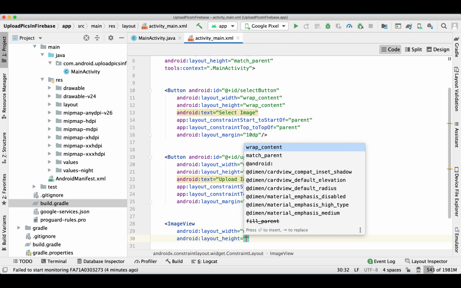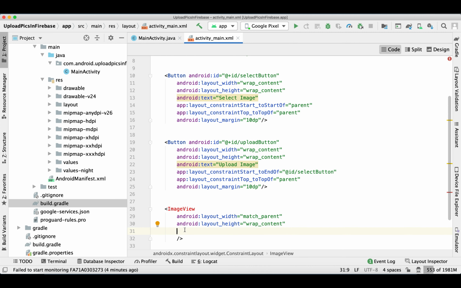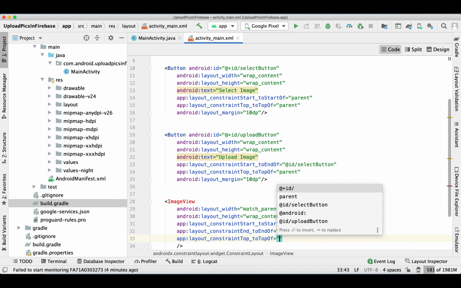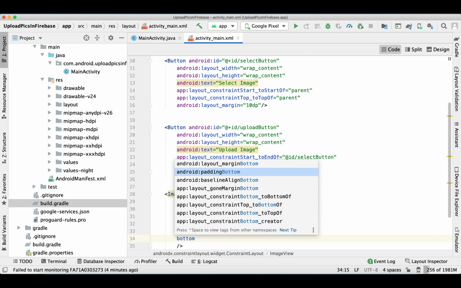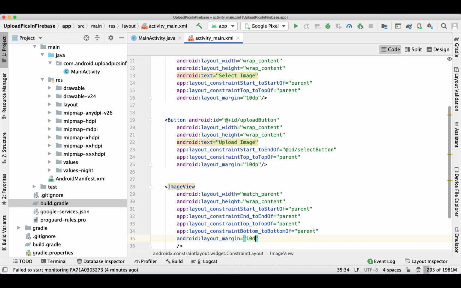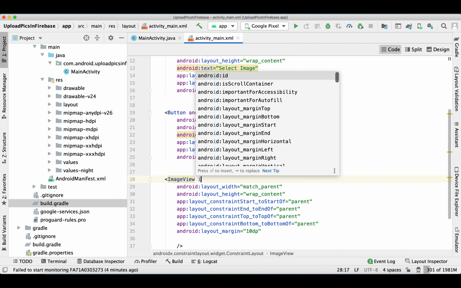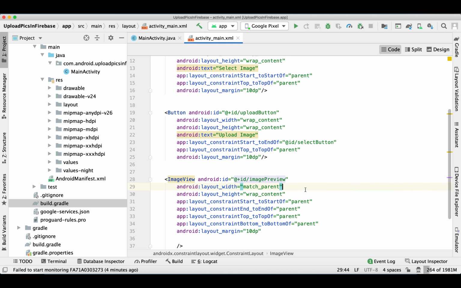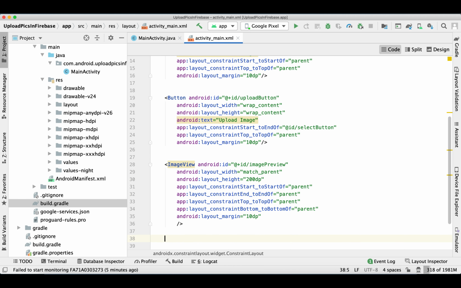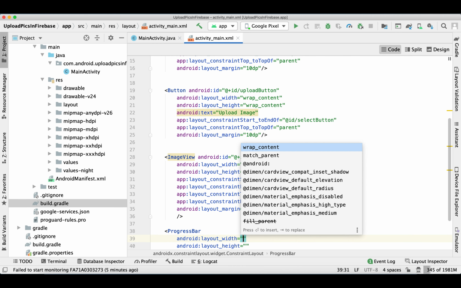Now I'm adding one ImageView, so that when we take a picture using the camera or pick one from the gallery, we'll show the preview of the image we need to upload. Now I'm adding a progress bar.